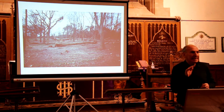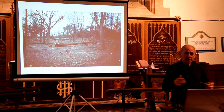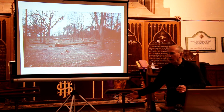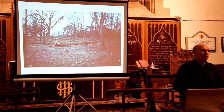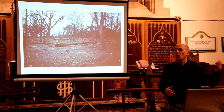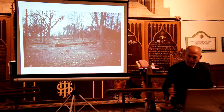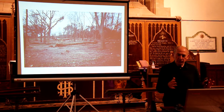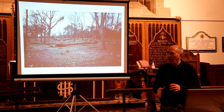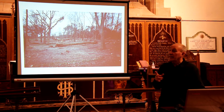The trees tend to grow rather erratically, so that on one side of the tree the rings seem to be quite wide, but on the other side the rings are rather narrow, because of the slope of the ground or the position of the tree in relation to the sunlight, etc. So it often looks as if the rings to one side of the tree are all much narrower than they are to the other side of the tree, which they are,